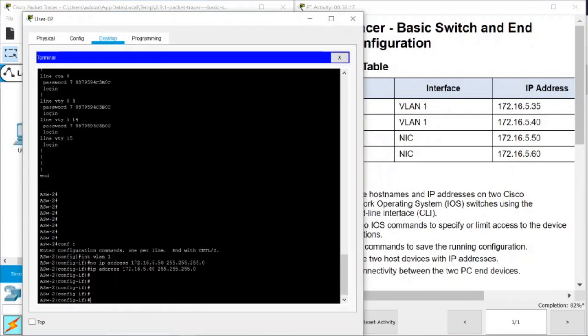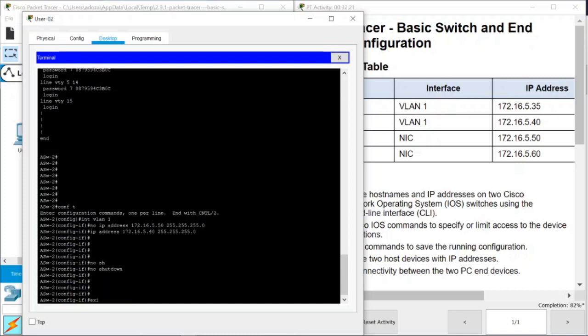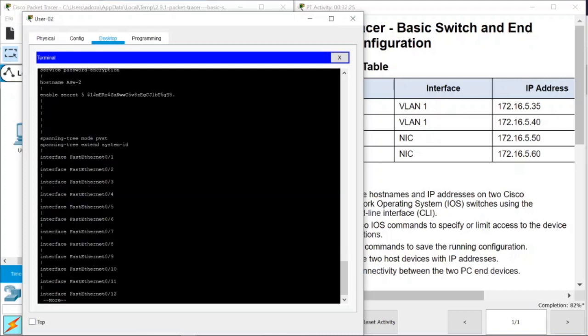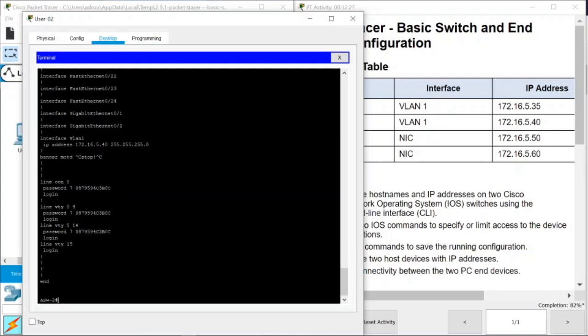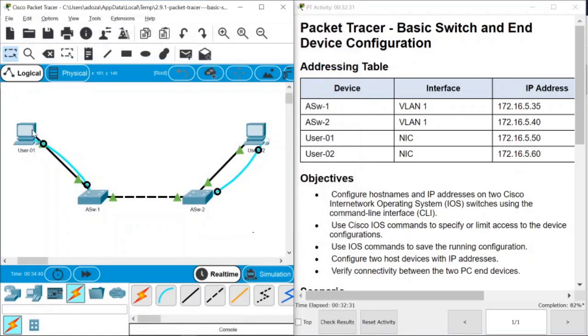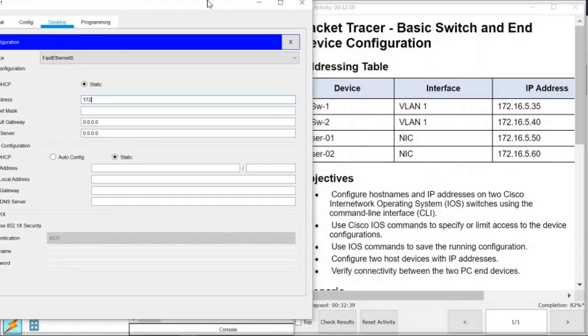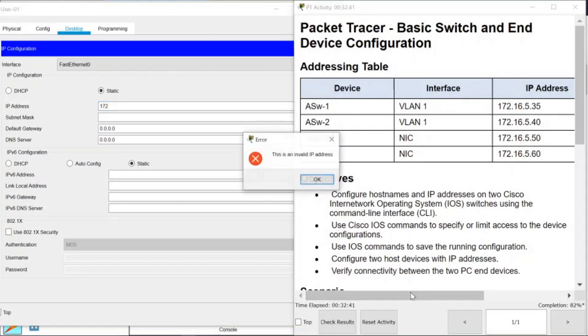Okay, now shutdown and exit again, and then we check it by show running configuration, and then you can see here it is set to 40. So if everything is okay, we can manage here to type the 172 address as given,